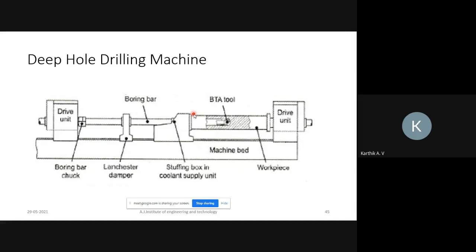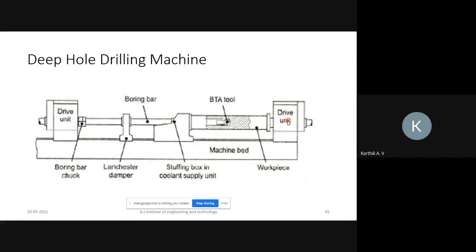Okay, so drive unit here, boring bar, chuck. This is actually the workpiece. The workpiece is kept in a horizontal direction. On two sides, separate drive units are provided.